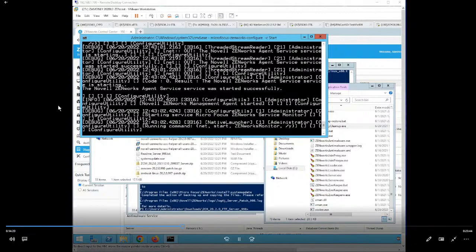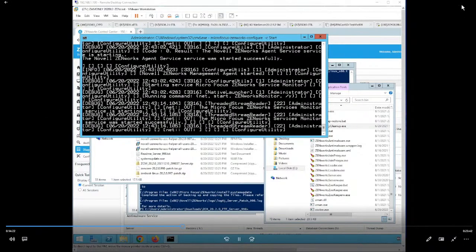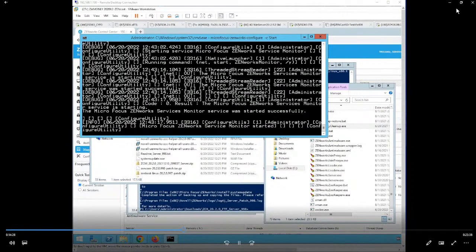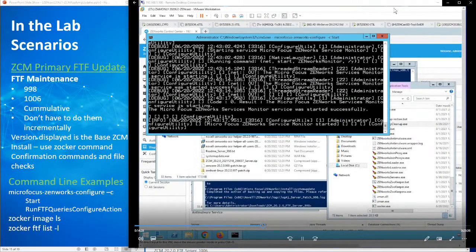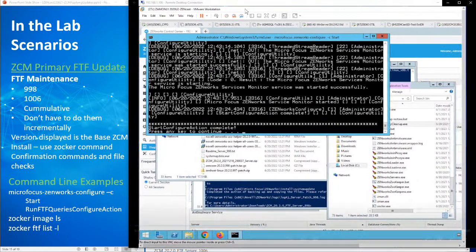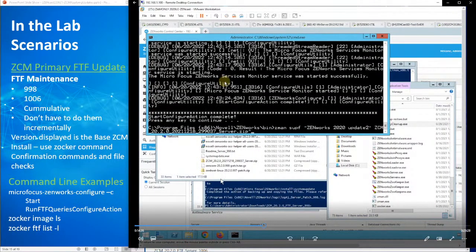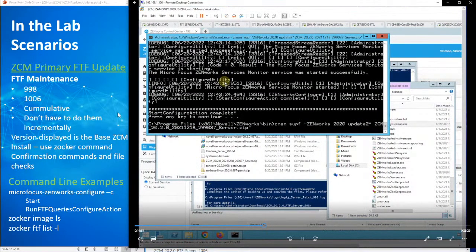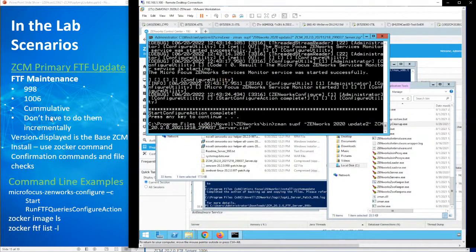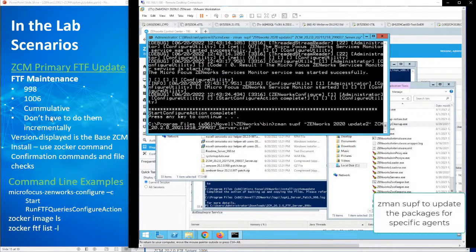While this is doing this, I think what I'm going to do is go here. There we go. And if that's not too bad for you, we can see what we have going on over here. So the start configuration was complete. Now we're going to do the update, and you can see here